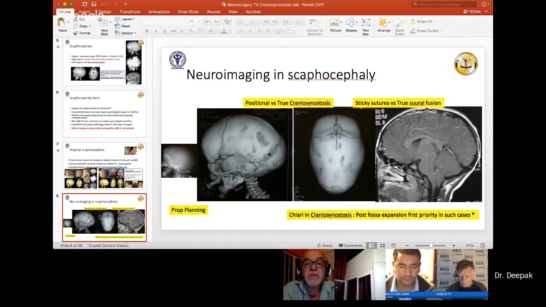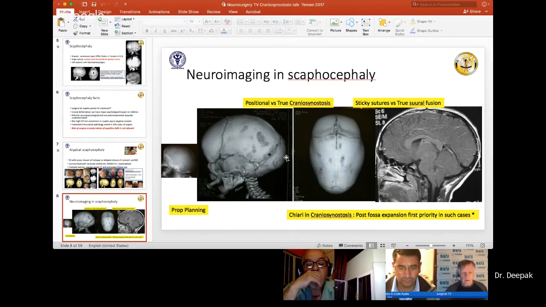But by and large, the majority of surgeons in most parts of the world end up getting a high resolution or 3-dimensional NCCT head of these children, of course in the low dose protocol. You can have a plain X-ray of the skull wherein you can pick up this sutural fusion, and the CT gives you a lot of information in these patients.